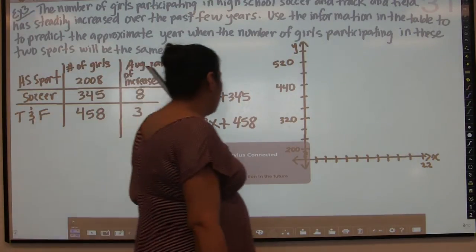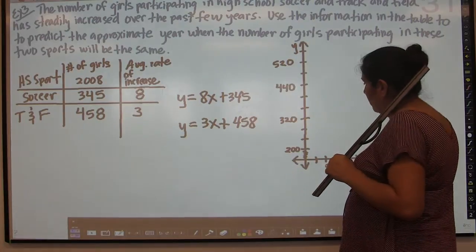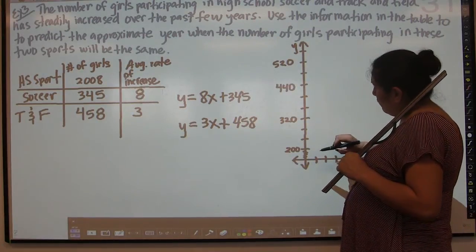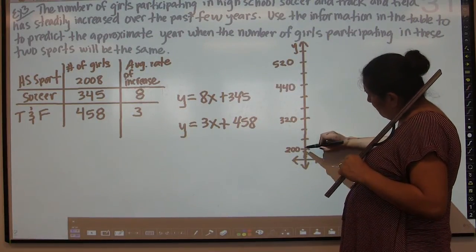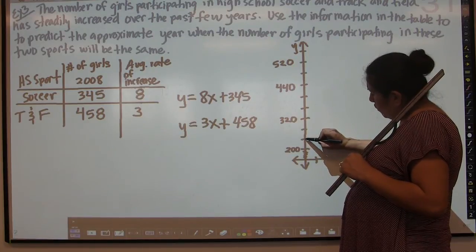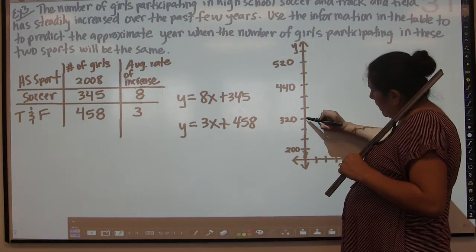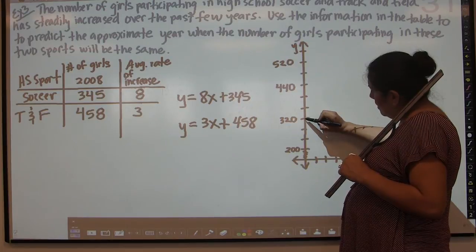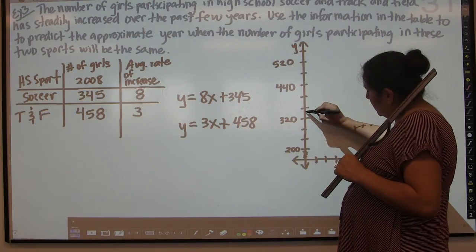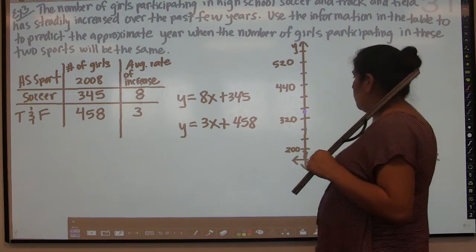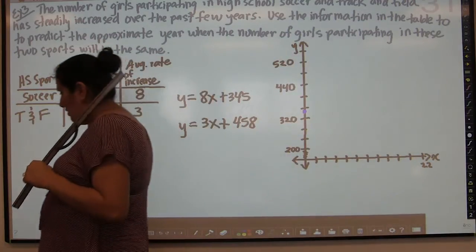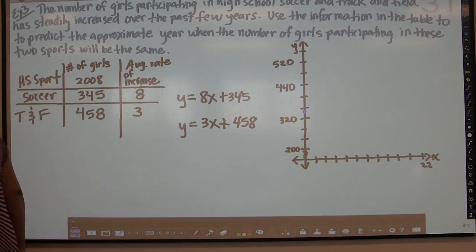But 345, 8x equals 345. So my y-intercept is 345, so here's 320, and we're going by 40s here. This is 240, 280, 320, and this would be 360. So somewhere in between here, you're going to have your y-intercept of 345, and then you're going to go up